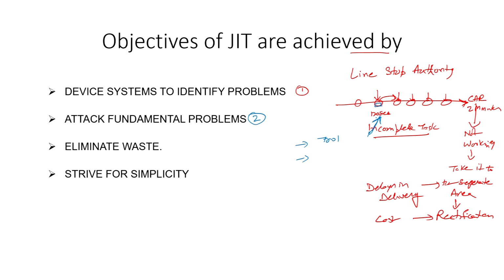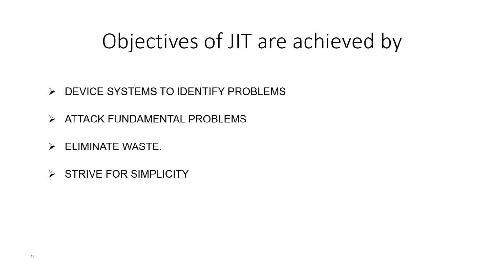Similarly, there can be a problem of maintenance or reliability. There is one equipment which is breaking down very quickly, and you are putting all kinds of maintenance efforts, but still there is a problem. So, if we want to attack the fundamental problem, the idea is to replace the machine rather than putting in all the administrative methods to keep it in the right condition. The JIT solution to this is to replace the machine.